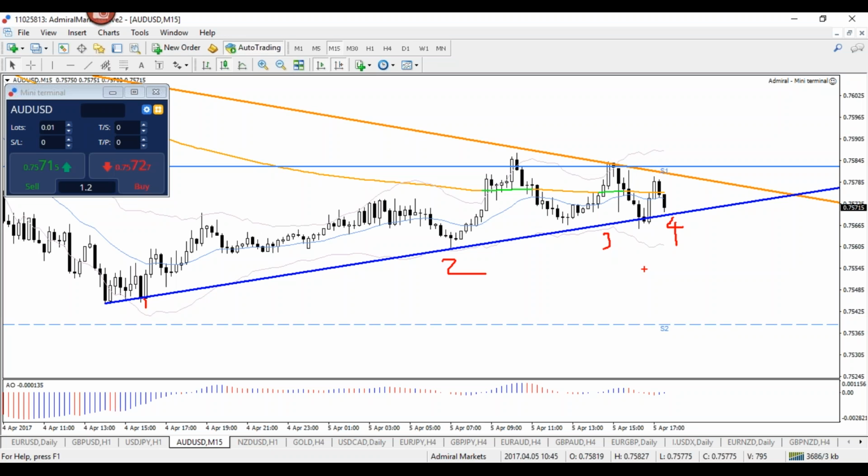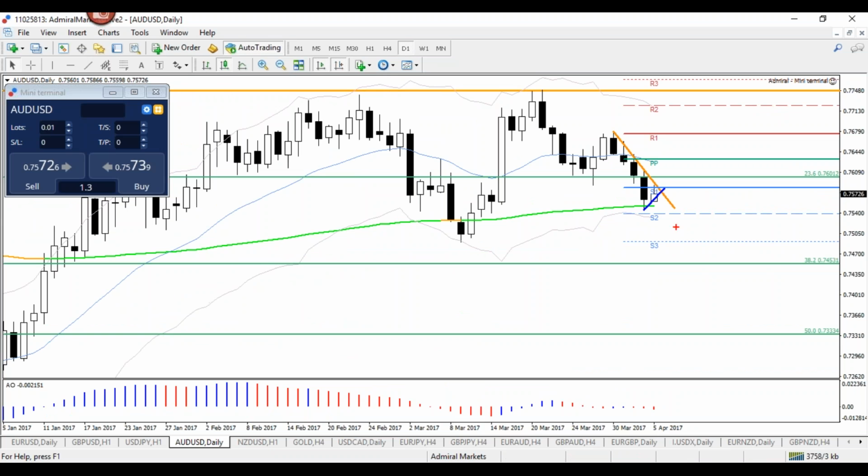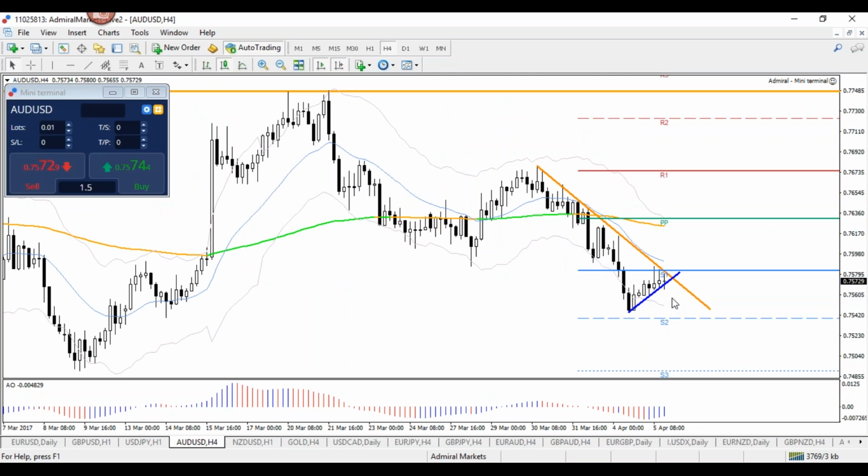And on an Aussie, on the daily chart, I'm not sure. It could be okay. Find the decision zone of the time frame you like. S2 bounce, the S1 break, plus the trend lines on the 4-hour chart. Those could be decision zones, right? On this Aussie. Maybe not the best one, but